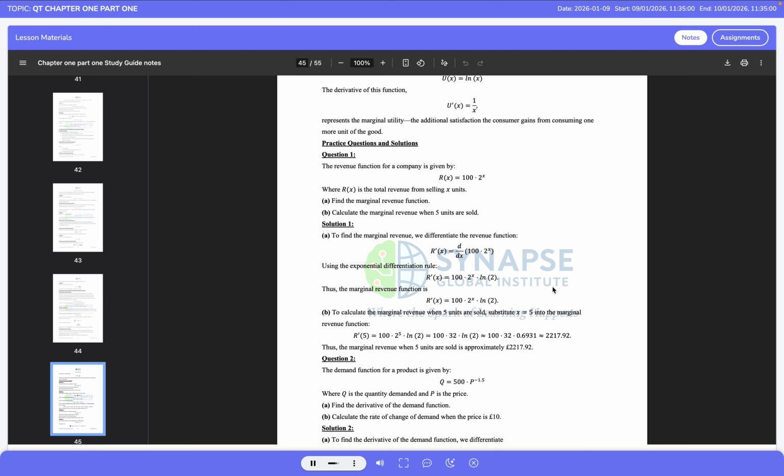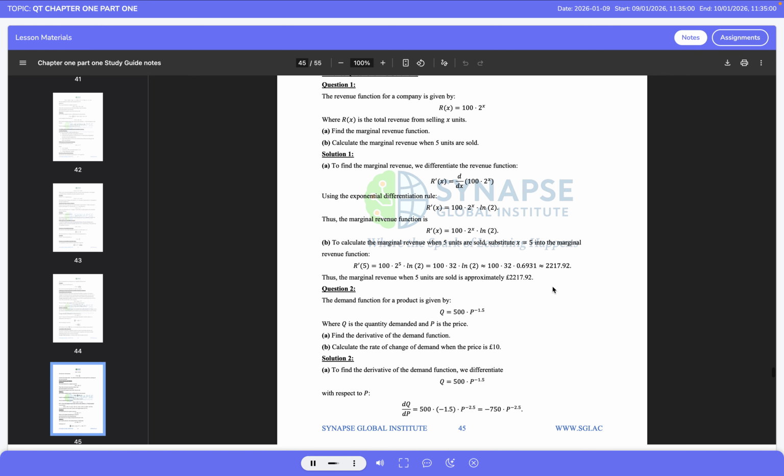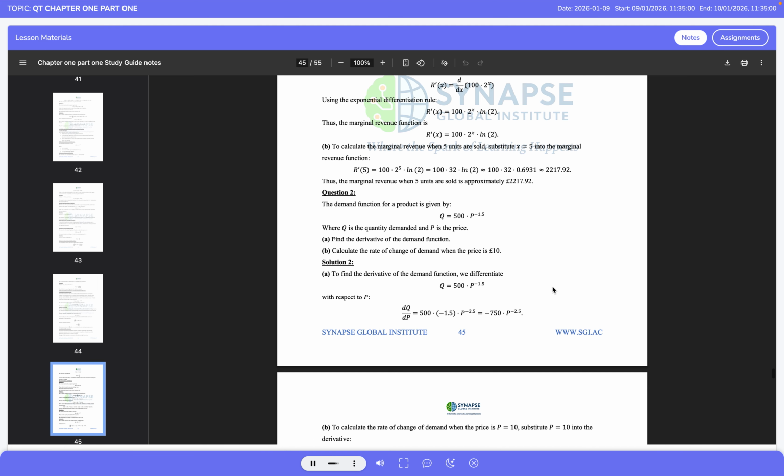To calculate the marginal revenue when 5 units are sold, we substitute x equals 5, giving 100 multiplied by 2 raised to the power 5, multiplied by the natural logarithm of 2. 2 raised to the power 5 is 32, and the natural logarithm of 2 is approximately 0.6931, giving a marginal revenue of approximately £2,217.92. In the second question, the demand function is given as 500 multiplied by p raised to the power negative